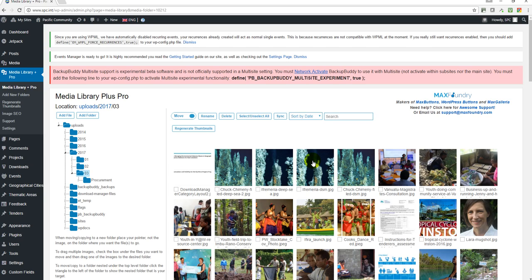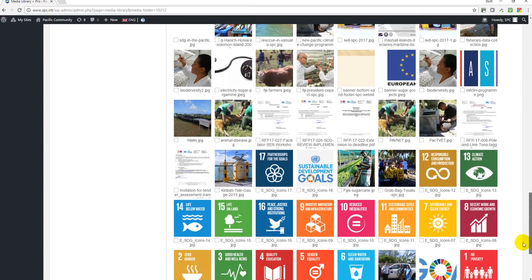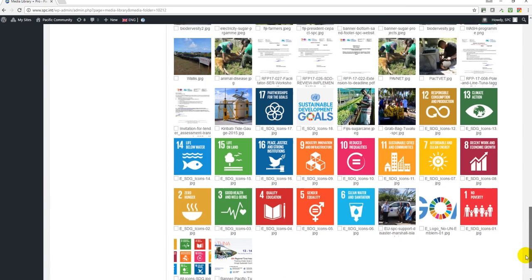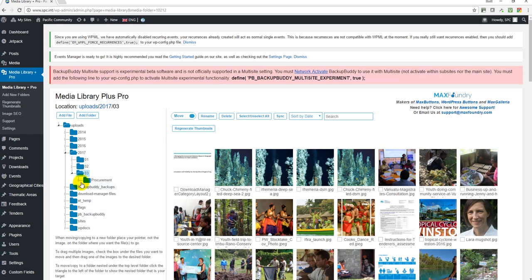And you can see these are all the files and images that have been uploaded to the system in March so far. And so when April comes, a new folder will automatically be created and it'll keep going. And that's how WordPress does it without the use of Media Library Plus Pro. But what we can do now is actually create folders outside of these years and have a more structured form to managing our media. So if we click on Uploads,